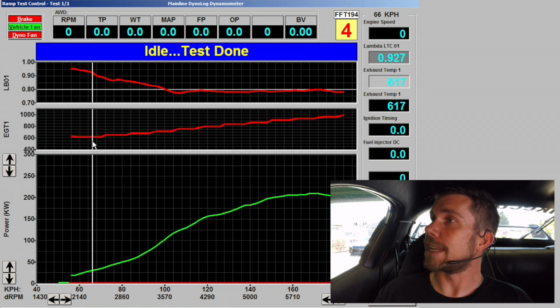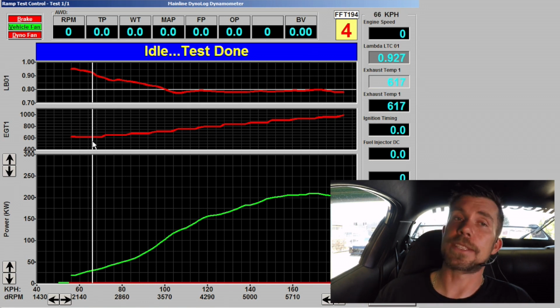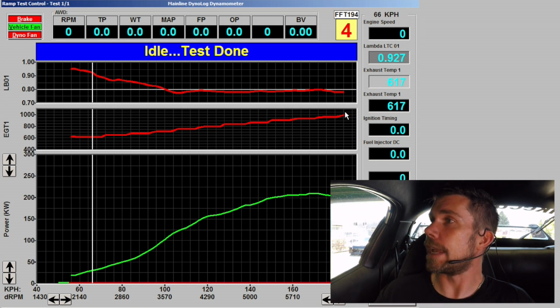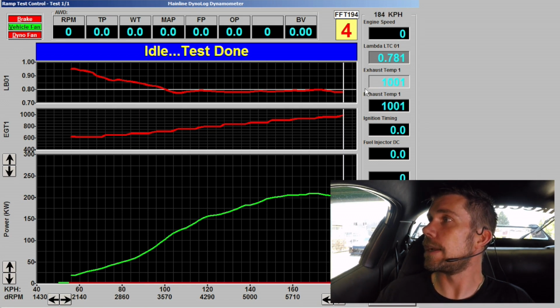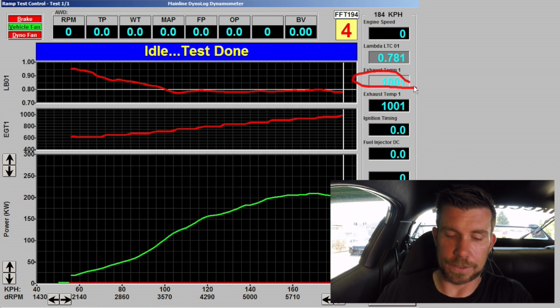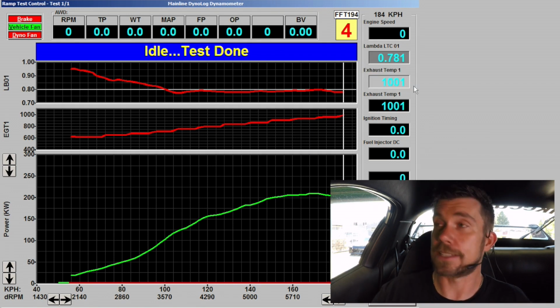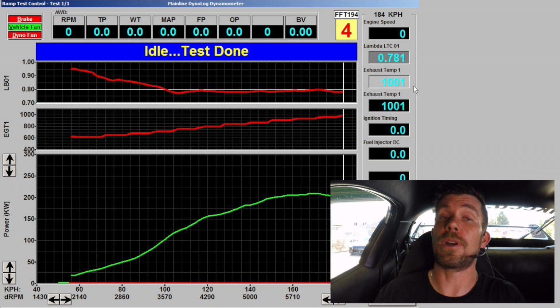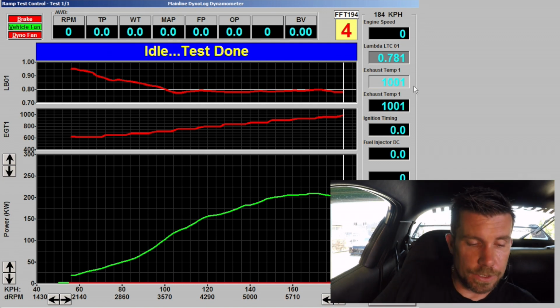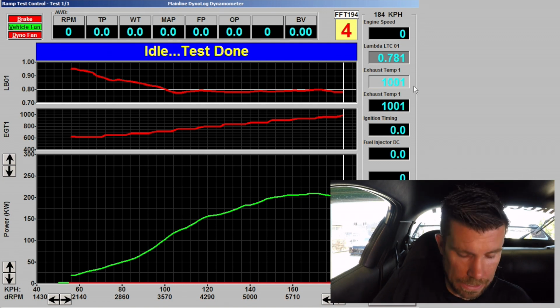Below we've got our exhaust gas temperature, of course, and at the start of the run you can see we're sitting at about 600 degrees centigrade, and by the end of the run we've actually peaked, you can see here, at 1001 degrees centigrade. That's an exceptionally high exhaust gas temperature, and potentially dangerous to some of the components, particularly the turbocharger as well. So what we're going to do now is we're going to drop into our laptop software,